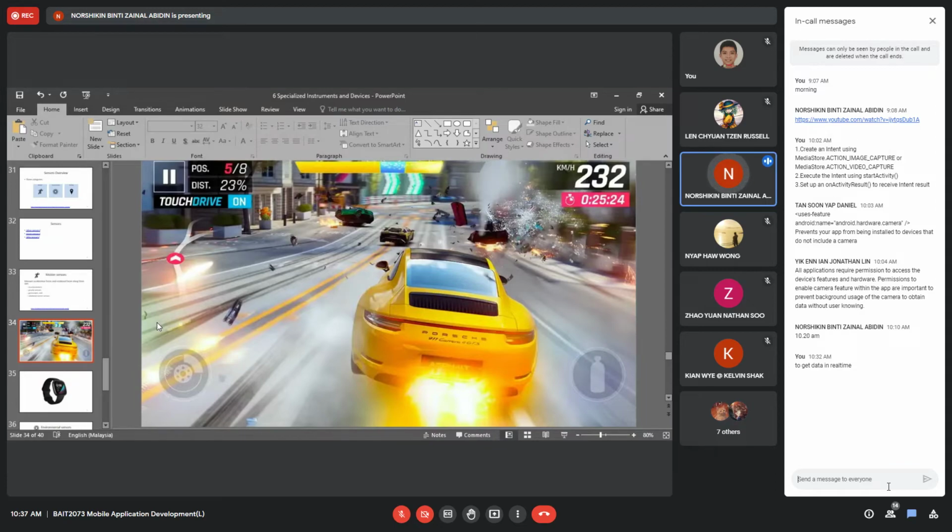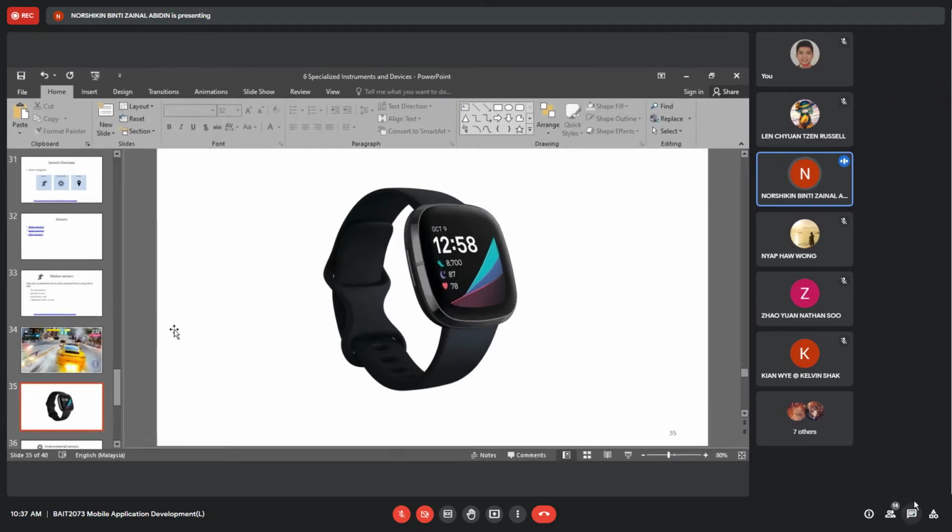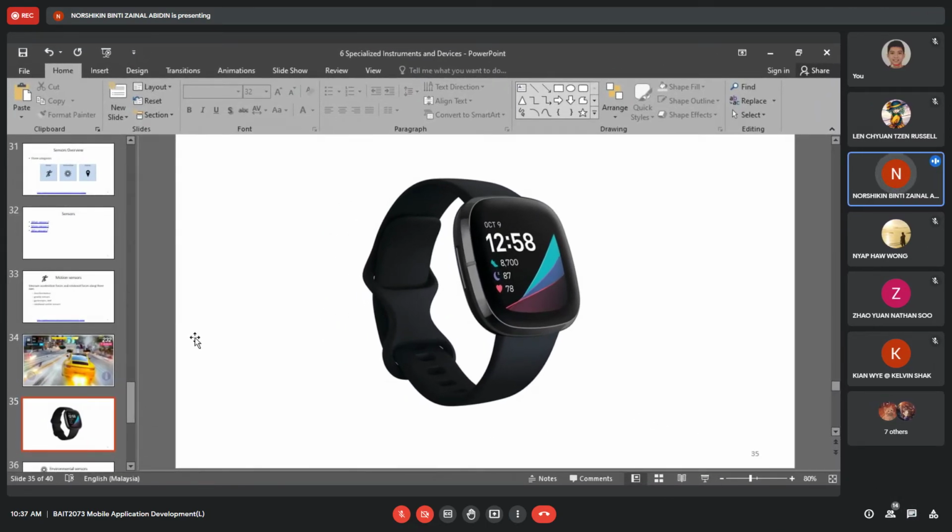So maybe this is the example. This is what we call our smartwatch. Okay, so this is a device. I think you know smartwatch, but this is only sharing. I asked people who are working with this smartwatch, is it reliable? Because with a smartwatch, they can detect your BP, your blood pressure.